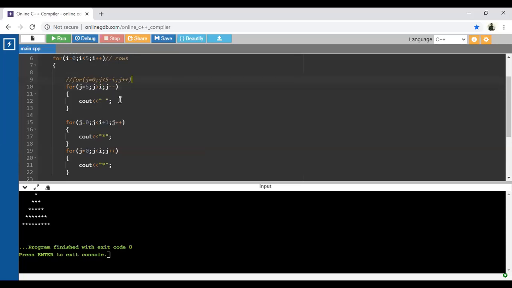Okay, listen, just check the first iteration orally. When j is equal to 5, what will be the value of I for the first iteration? What is the value of I? 0, right? Okay, so how many times is this particular for loop iterated? For 4 times, because it will print from 5 down to 1, and at 0 the condition will fail. Is that correct?